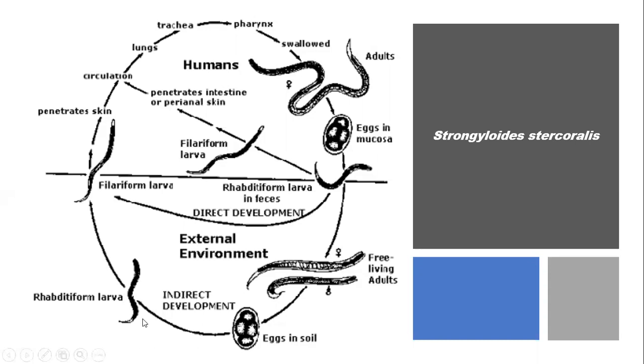Then you have indirect development. The juvenile worm emerges again from the eggs. It eventually matures to the filariform form in the environment. And then when somebody wades through contaminated environment, the life cycle starts all over again. There's penetration of the skin. It gets into the circulation to the lungs, the trachea, it is swallowed, and then the adult one in the GI again. So this is the peculiarity of